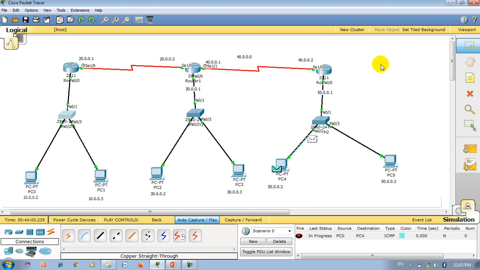Now it will generate the ICMP reply message. If it is not successful and you have not added the route, then you will get the request timed out message. The reply is also successfully received.